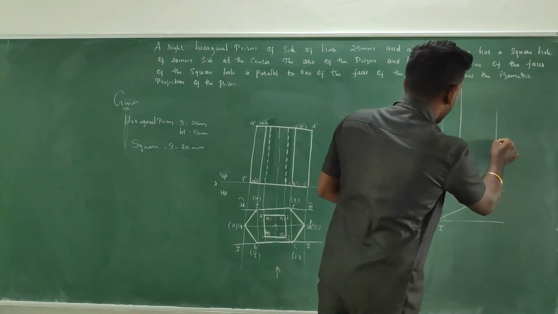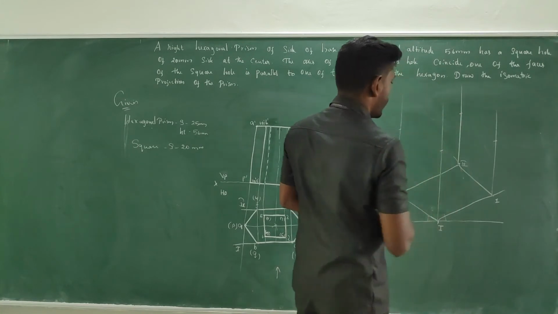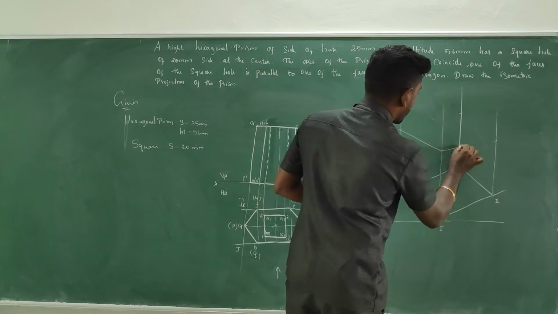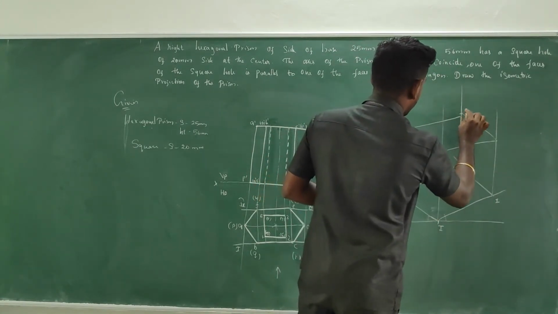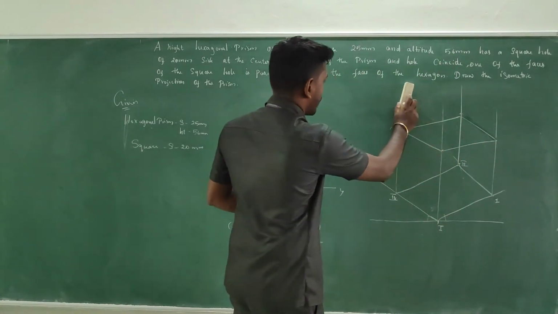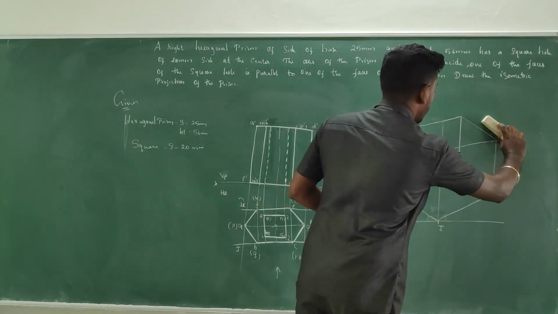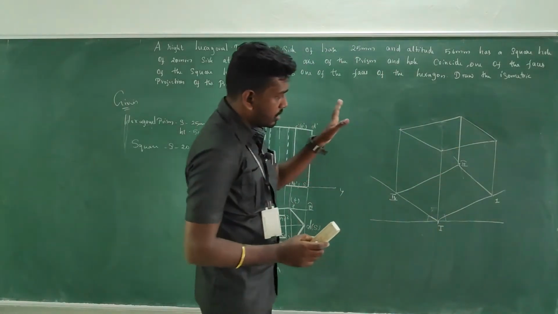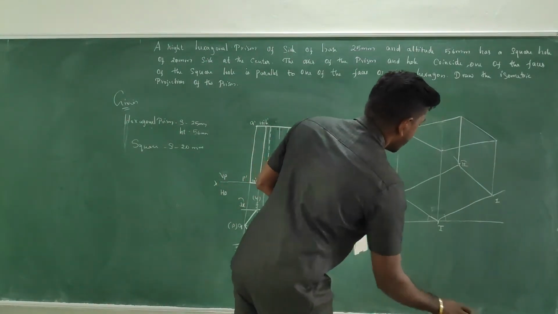Here you will get another cut. From here, if you take it from 3, approximately here you'll get another cut. Connect it and you will get the box. Remove all the unwanted lines from the object so that you can avoid confusion. After creating it, just rub out all the unwanted lines.